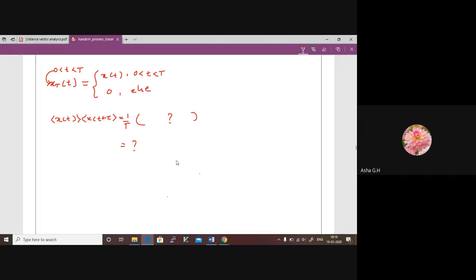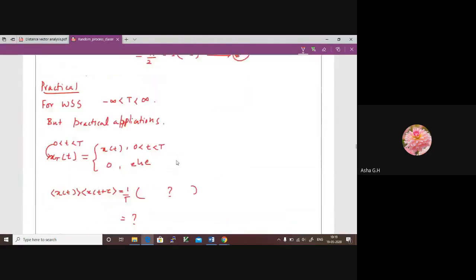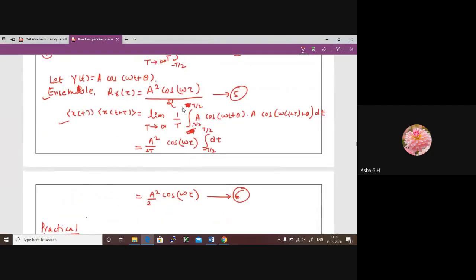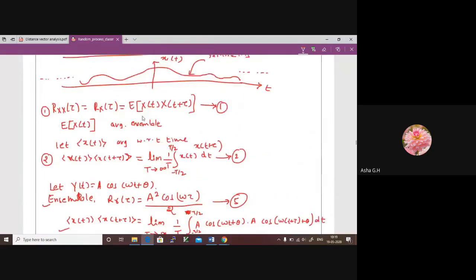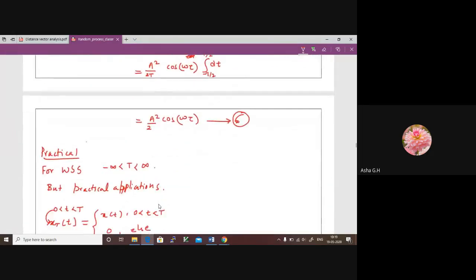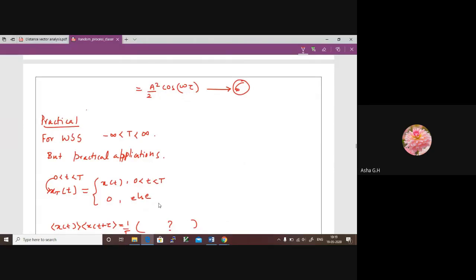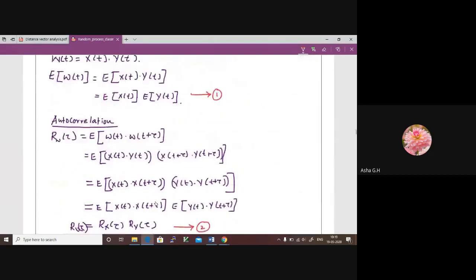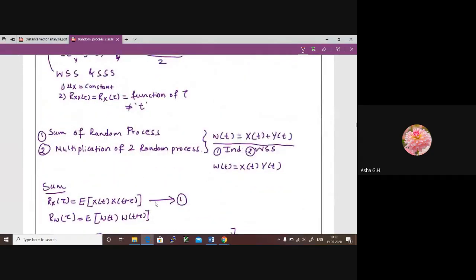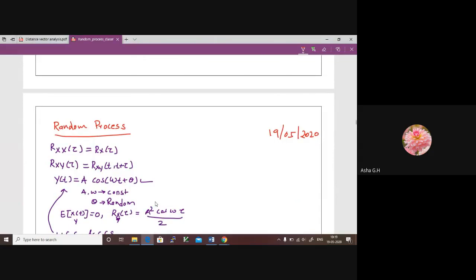You can look at all the previous discussion we had today. As I told you, to understand all the remaining processes, in our standard textbook only this example is considered: the example of A cos(omega t plus theta). It can be addition of two random processes, multiplication, finding the autocorrelation function, ergodic random process, or even in the next few concepts, the same example is taken. So that's the reason, when we discussed finding the mean and autocorrelation function for this, I want you to practice it once.